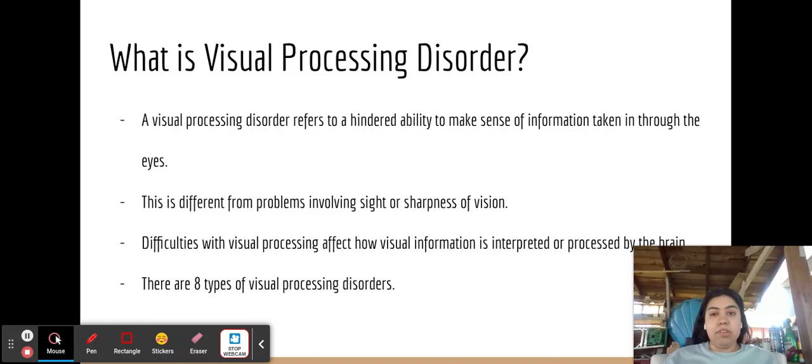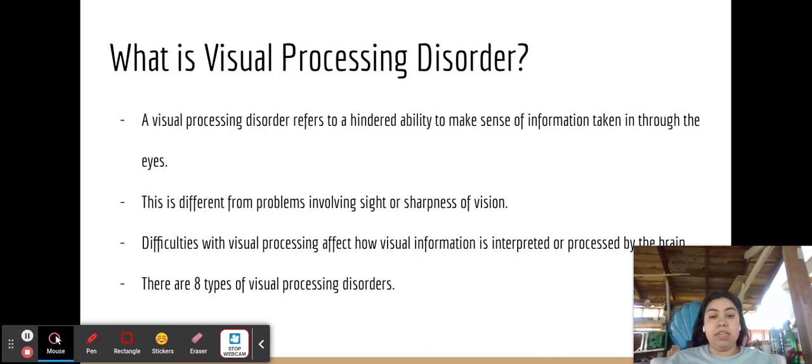So, what is visual processing disorder? A visual processing disorder refers to a hindered ability to make sense of information taken in through the eyes. This is different from problems involving sight or sharpness of vision. Difficulties with visual processing affect how visual information is interpreted or processed by the brain, and there are 8 types